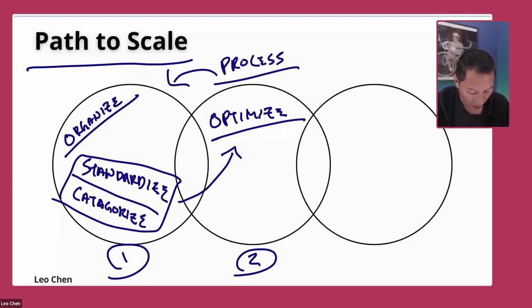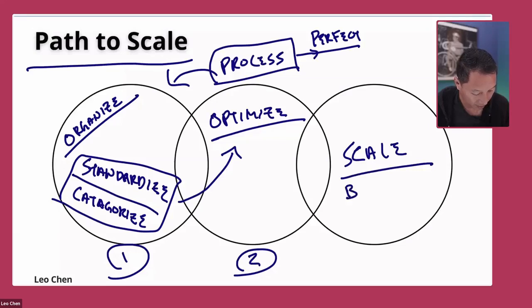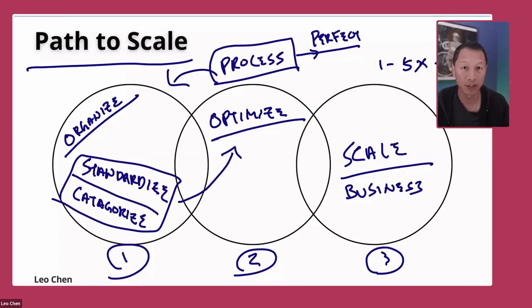And once you've done that, and only when you've done that, you continue to organize, continue to optimize, and back and forth until you get kind of a near perfect process. Okay, so when it's perfect, then and only then can you scale your business. Because if you can do it with one, you can do it 5 times, you can do it 10 times, right? Because you literally just duplicate it.